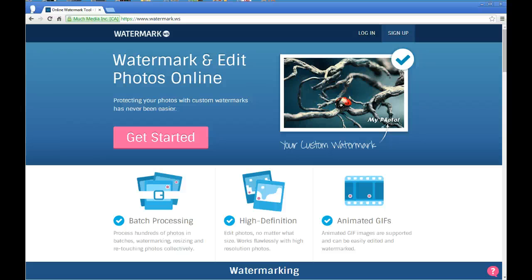Okay, I'm going to show you how to add a watermark to your image. I use this tool called watermark.ws. It's a website where you can add watermarks to your images before you upload them to